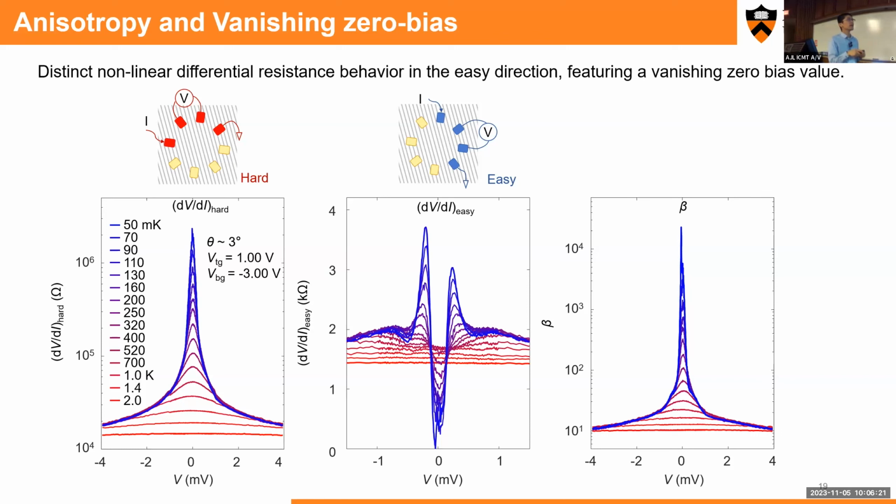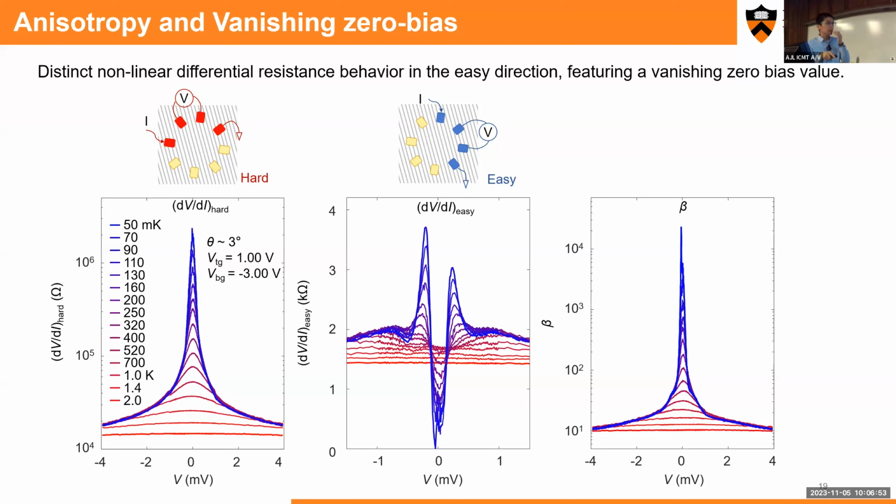And along another direction, it also shows a really strong contrast versus this easy direction. It shows a very, very high resistance. With external bias, you can just suppress it down. If you check the anisotropy, which is this number over this number, you can see that the anisotropy in this 3 degree device can go even higher at very low temperature, say 50 millikelvin in this situation. You can go to 10 to the 4th.